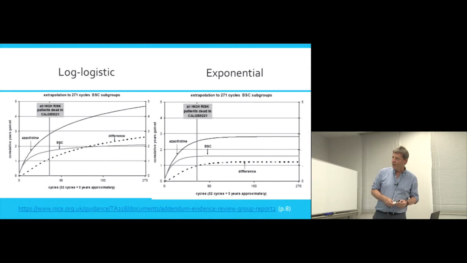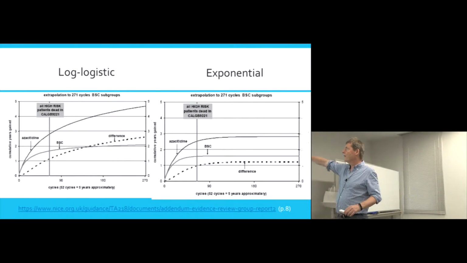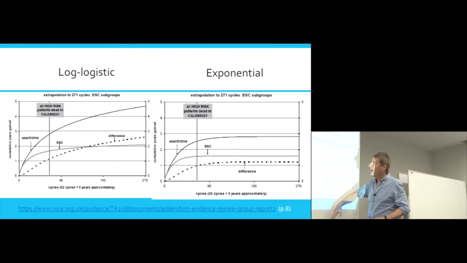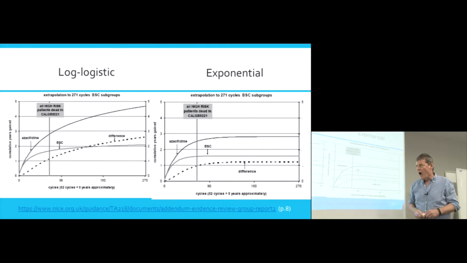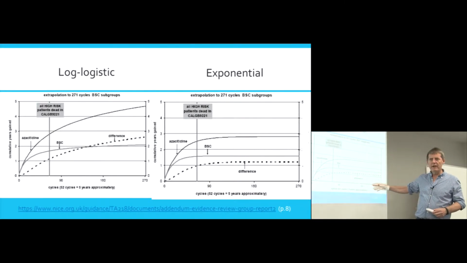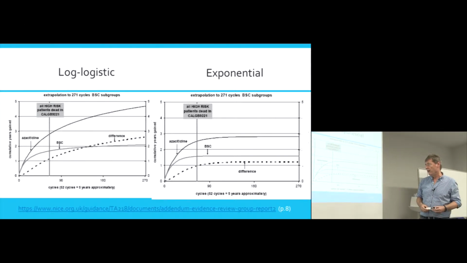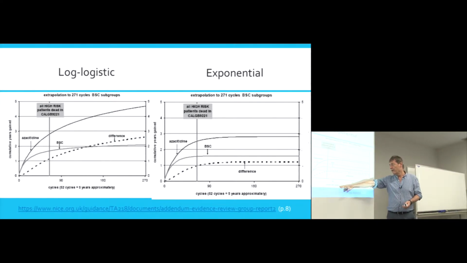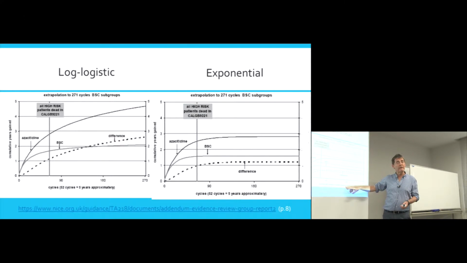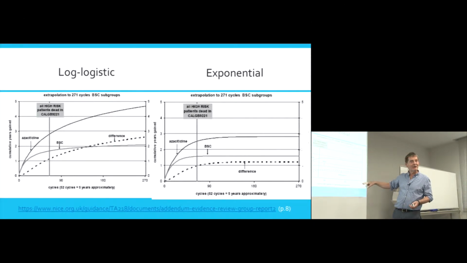Now, this looks complicated, but it's not nearly as complicated as it looks. First of all, exponential model on this side and log-logistic on the left-hand side. Along the horizontal, we're measuring time. It's measured in terms of cycles of the model, and roughly speaking, in this model, 52 cycles is equivalent to about 5 years. So 270 cycles is in excess of 25 years.